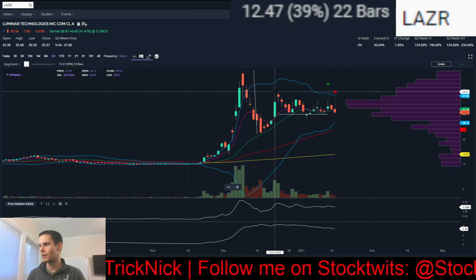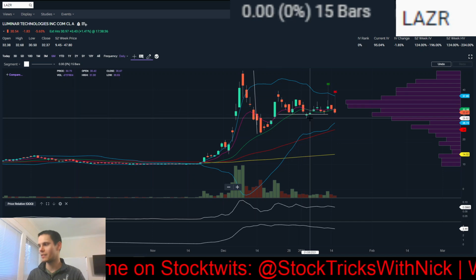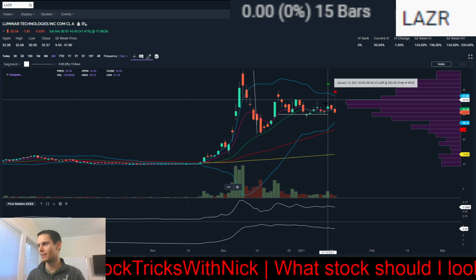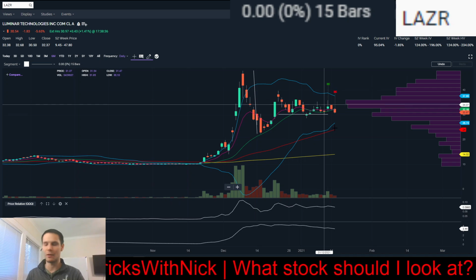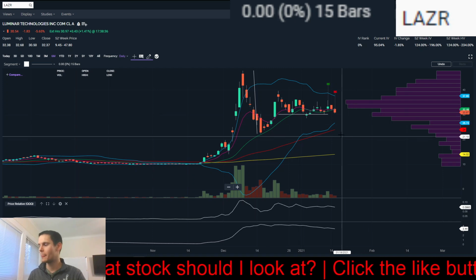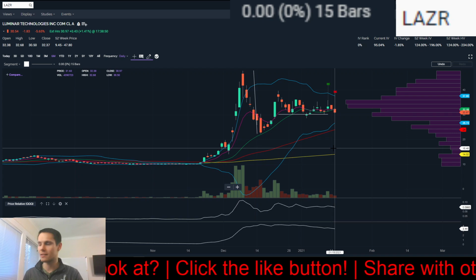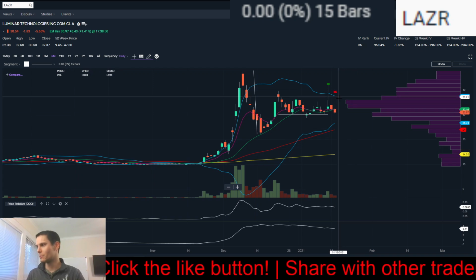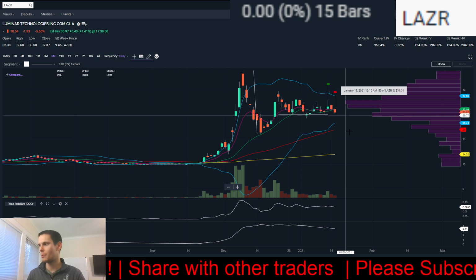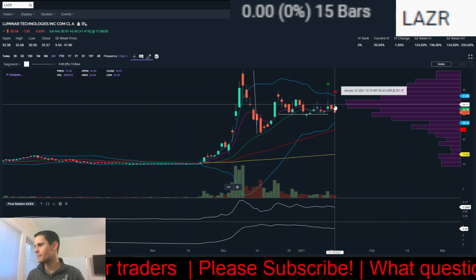So some traders that got in probably over here or over here, that didn't take their profits or didn't have tight enough stops when it pulled down, finally got their chance to get out again, maybe sold that off. I probably should have taken some profit, but it was such a quality volume setup and everything else was working, so I wanted to give it a little bit of room to run. Unfortunately, I checked back, moved my stop up a little bit higher, and got stopped out today just below